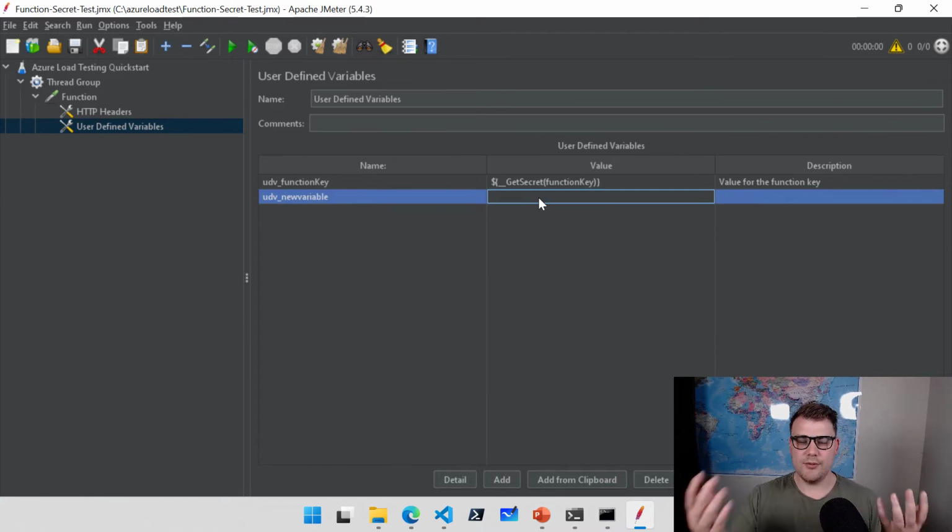And so this user interface can be really handy to come in here and get a good graphical view of what you can do inside of the testing. There's a bunch of stuff. It's a really complex and really powerful test engine, which is why Microsoft have picked it for Azure Load Testing. But I thought I'd just point out that there is a user interface here for Apache JMeter. The version I'm running at the moment is 5.4.3, but I'll link out to that in the description below. And you might find that it's helpful as you go through creating your own test files and working with the